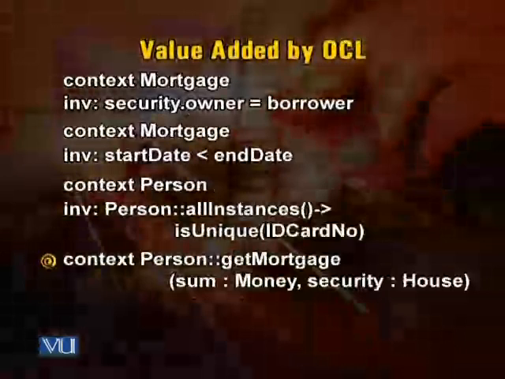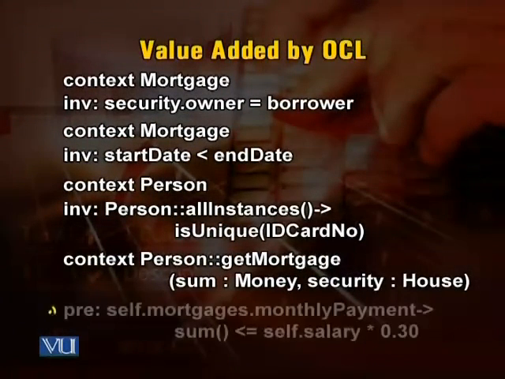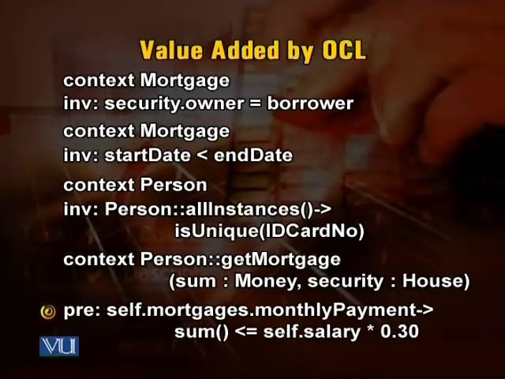Next is context Person, getMortgage(some money, security house). Precondition for that is self.mortgage.monthlyPayment->sum() <= self.salary * 0.3. So here once again